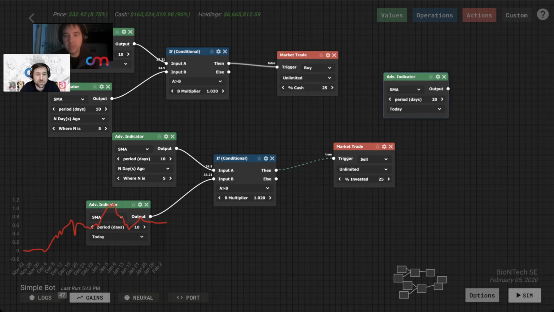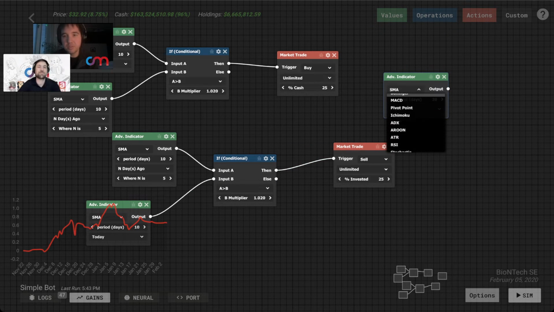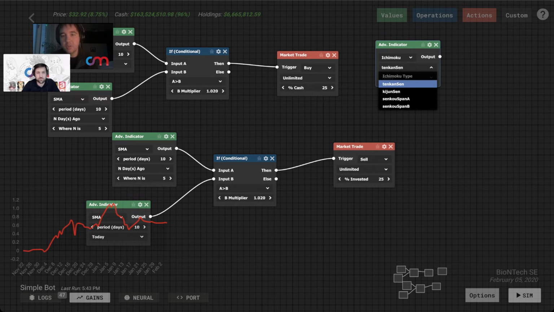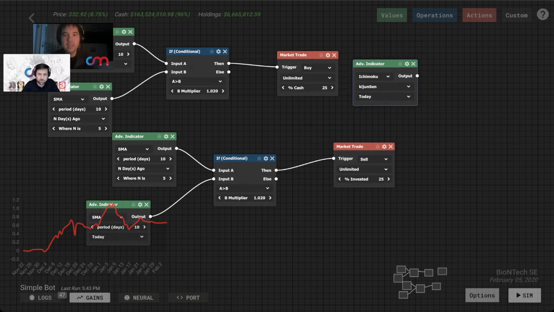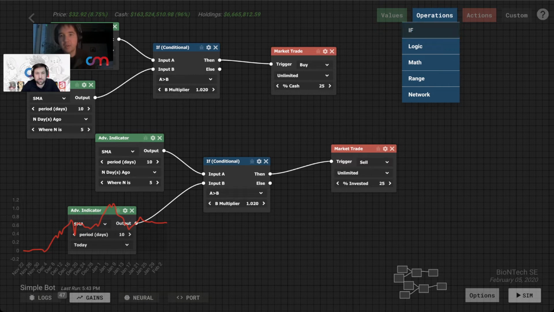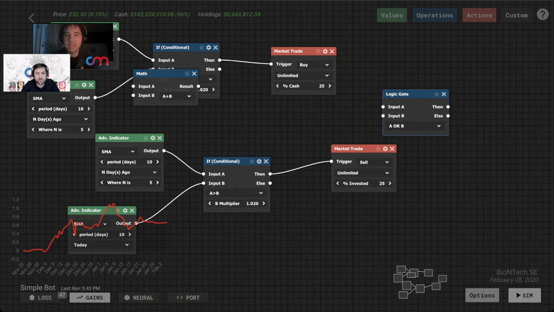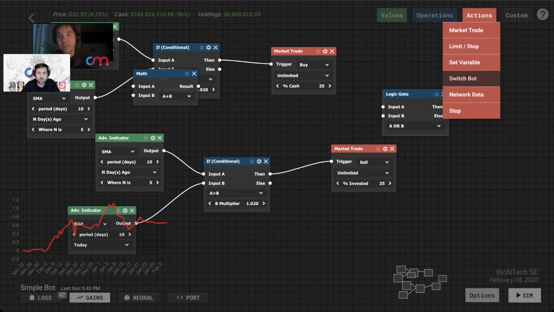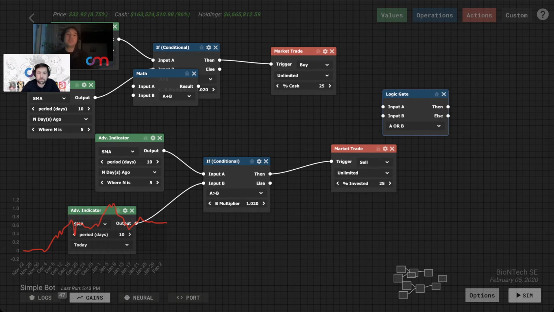I don't know where to even begin to explain, but here you can connect to all of your advanced indicators. Ichimoku has come up a lot, and Ichimoku is broken up into 4 different parts, like the Kijun-sen. We can get the Kijun-sen and use that in the calculus of trying to figure out this perfect trading bot. We have all of these operations, or logic gates, math. So you can say if this, if that, or if this is true, or if that is true, etc. We have variables, and then if this wasn't enough complexity for you, we even have neural networks.